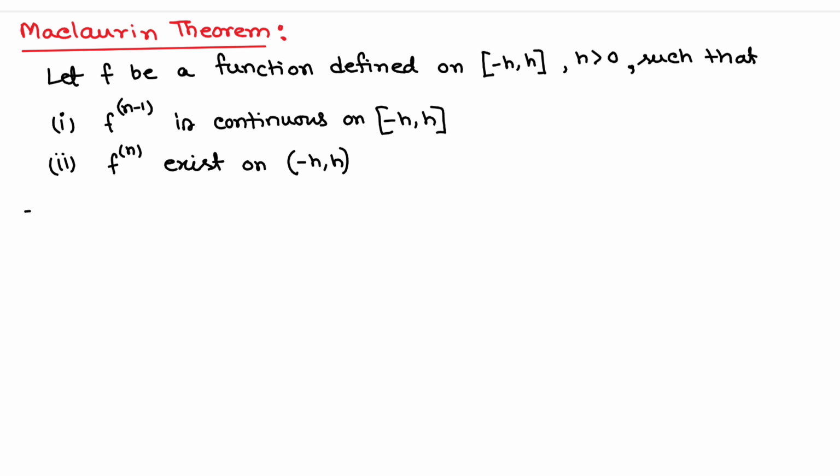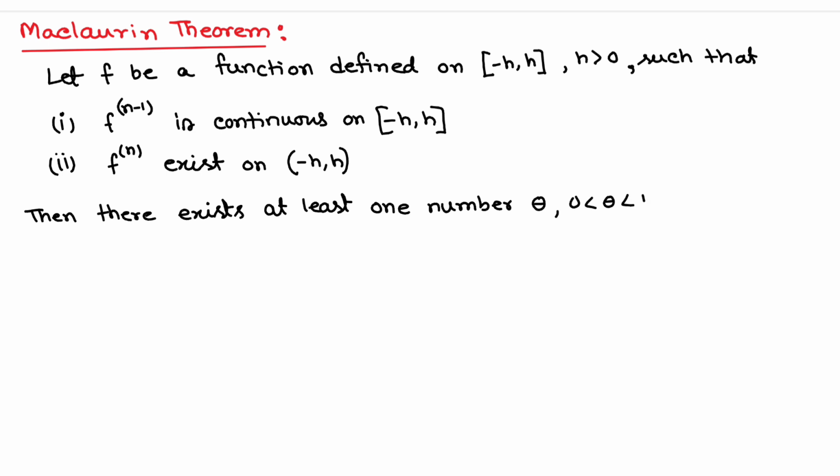Okay, then there exists at least one number theta where 0 less than theta less than 1, such that